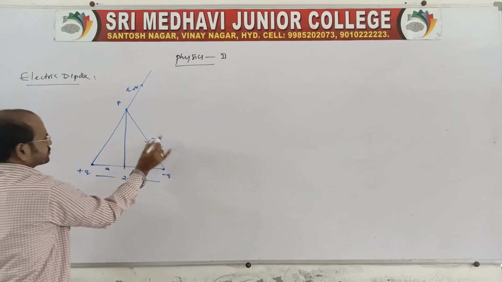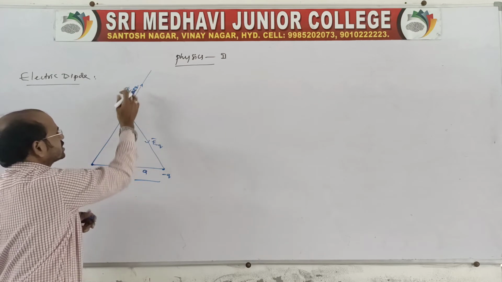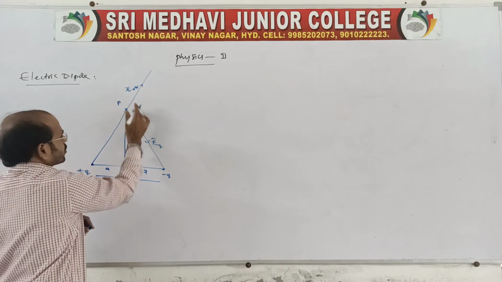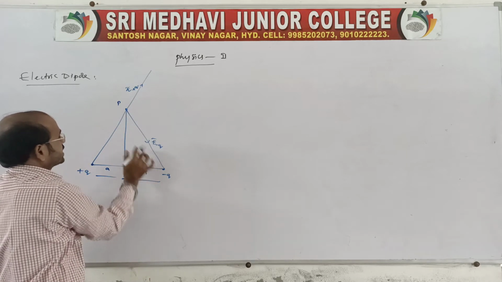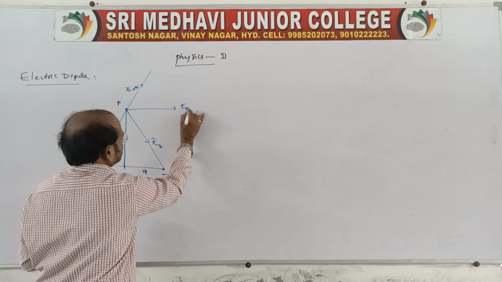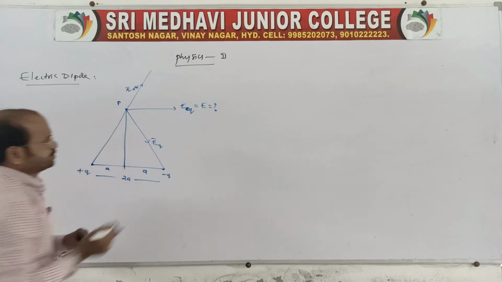Very simple. At this point, these two are both electric field intensities, and they are vectors. So at one point the two vectors are acting simultaneously at an angle theta. Therefore there will be a resultant, represented as E equatorial. You say equatorial or you say resultant intensity, we should get here.